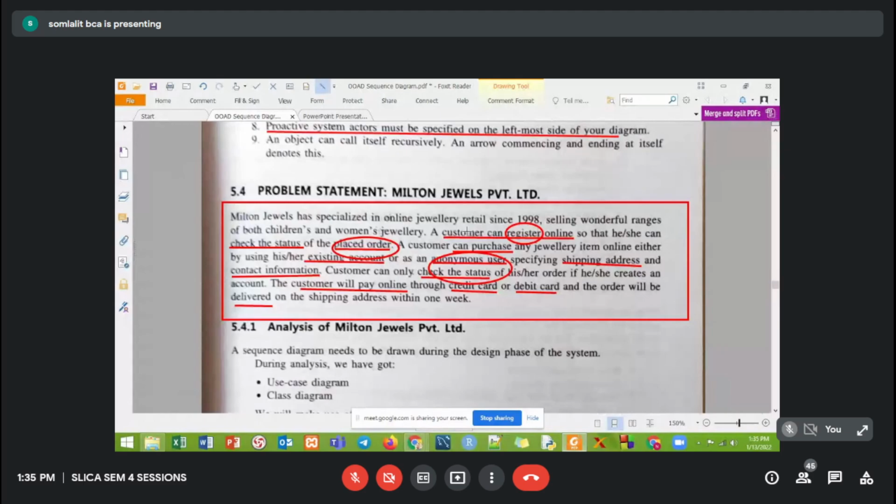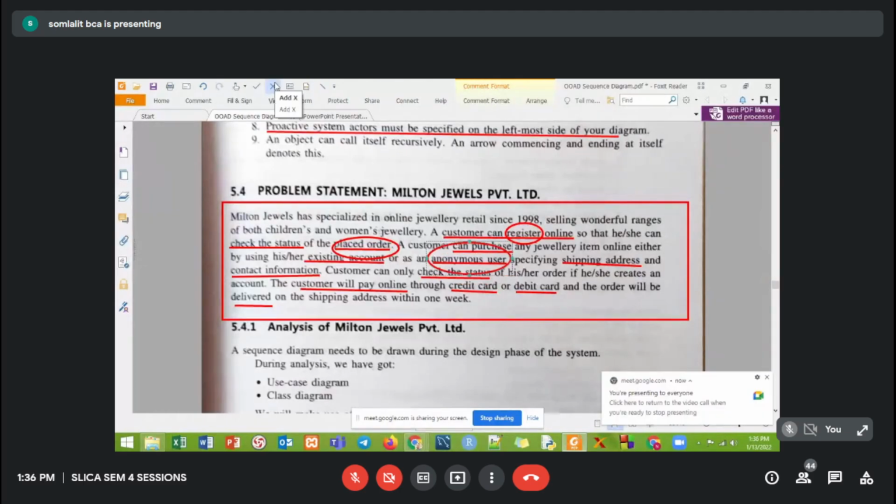So there will be an actor, customer, and use cases like registration. Okay, Nisha says there will be actor as a customer, use cases like registration. Any other use cases? Login. Okay.